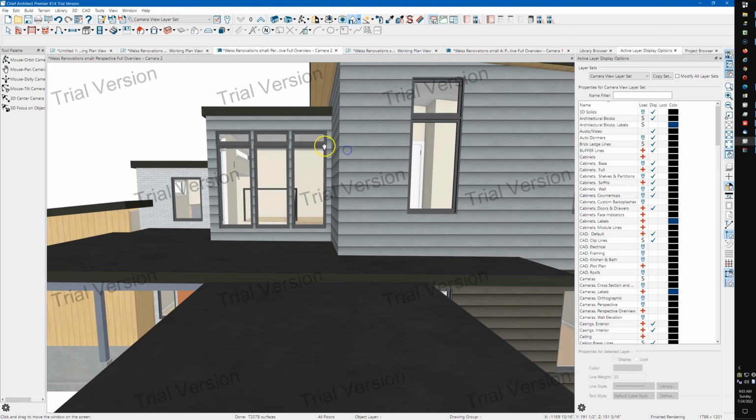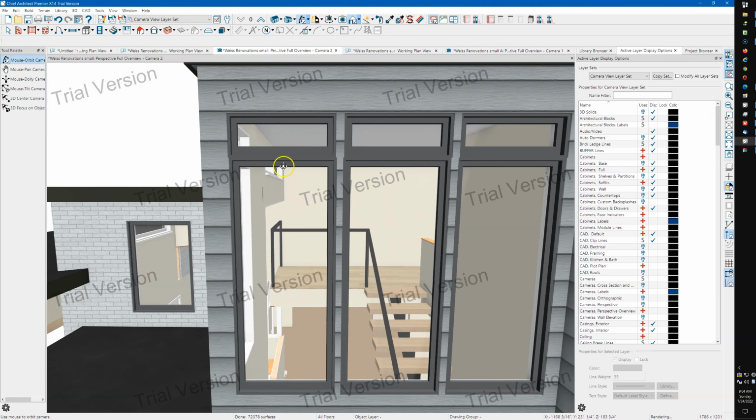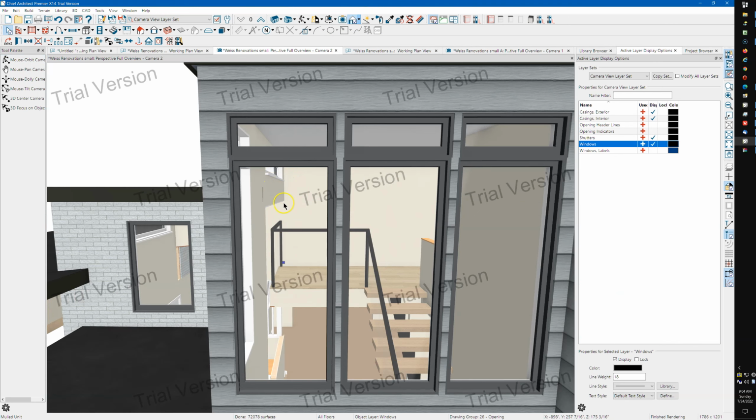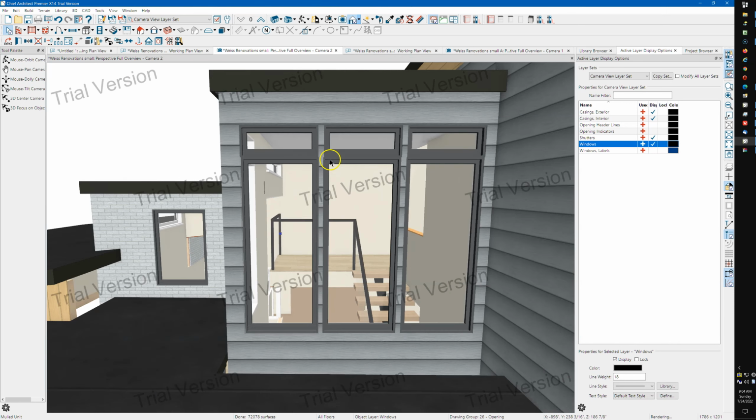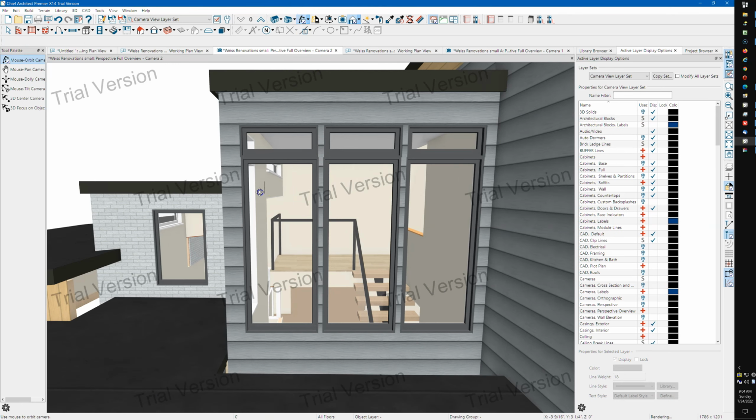Here's kind of an unrelated thing. These windows don't line up. You've got mold windows here, and if you look at them, they're not lined up correctly. That doesn't really matter. That's just a visual thing. Anyway,